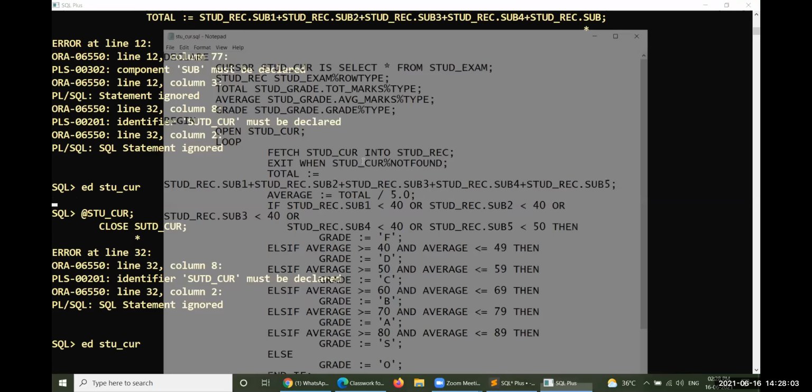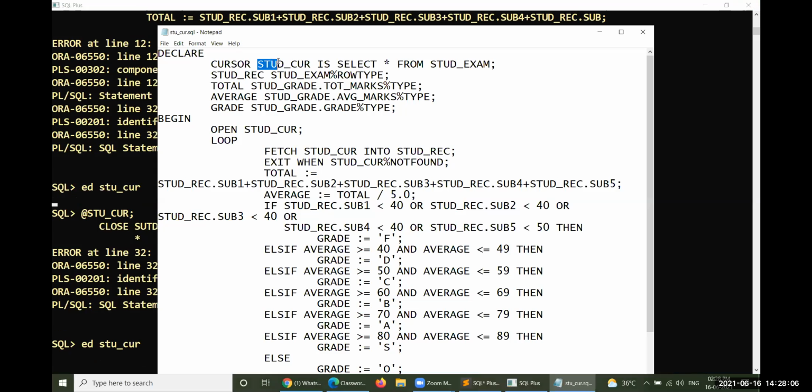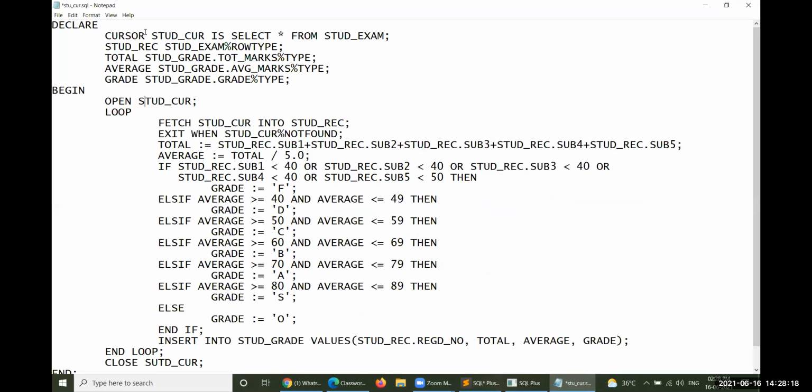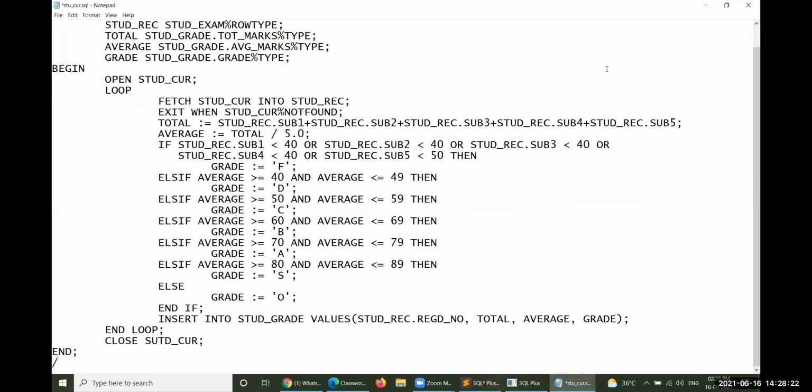Spelling mistake. I have created it as STUD, but I have taken it as another spelling. Okay, where is it? Somewhere else it has been missed. STUD_CUR. Yes, here. Close STUD_CUR.